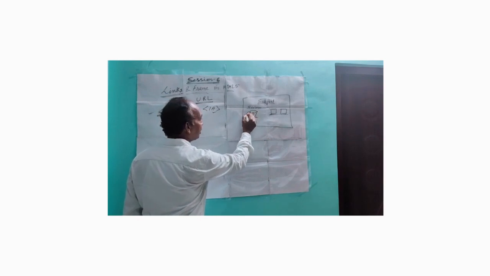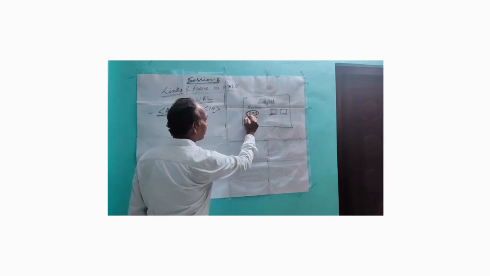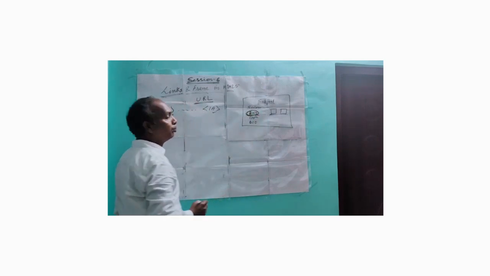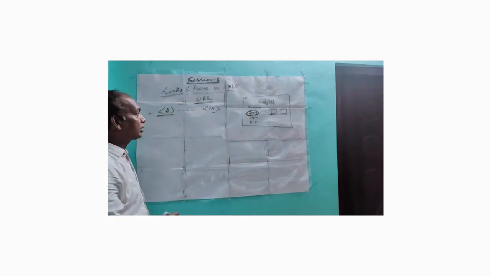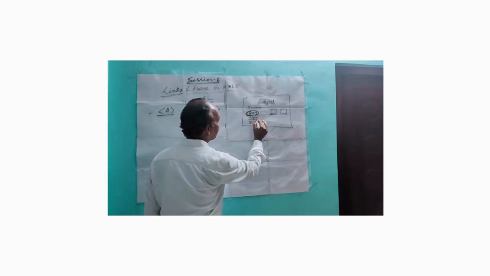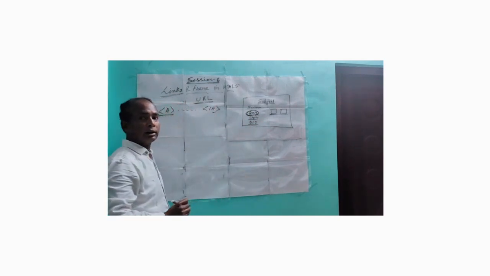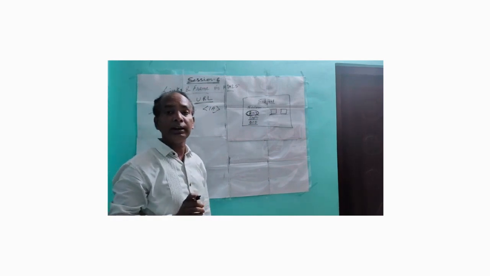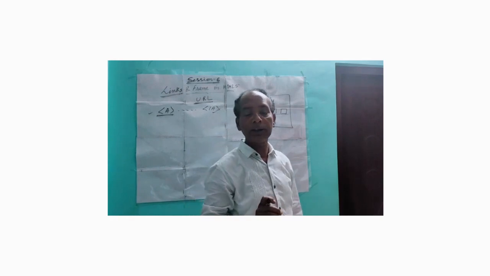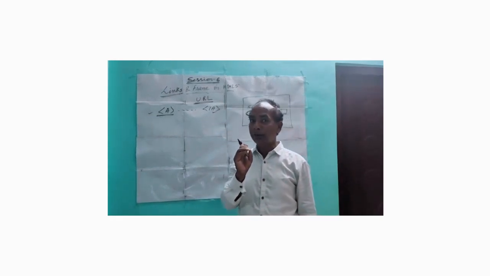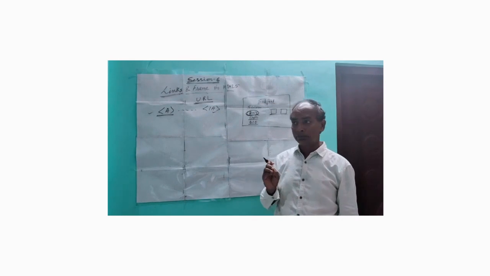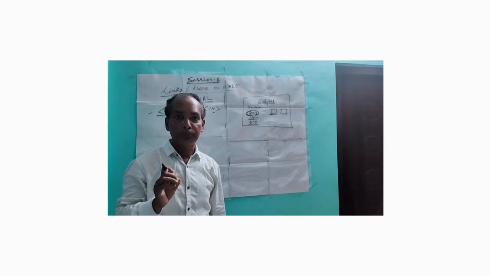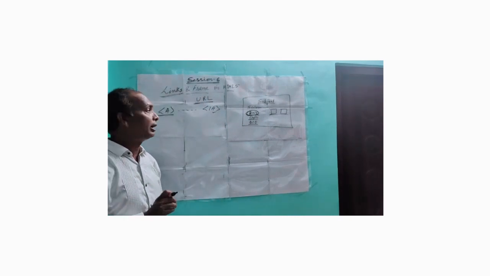If this particular text is linked, then it will appear blue in color and underlined. The link text is always underlined and appears blue in color. The default color of the link is blue, the default color of the active link is red, and the default color of the visited link is purple.